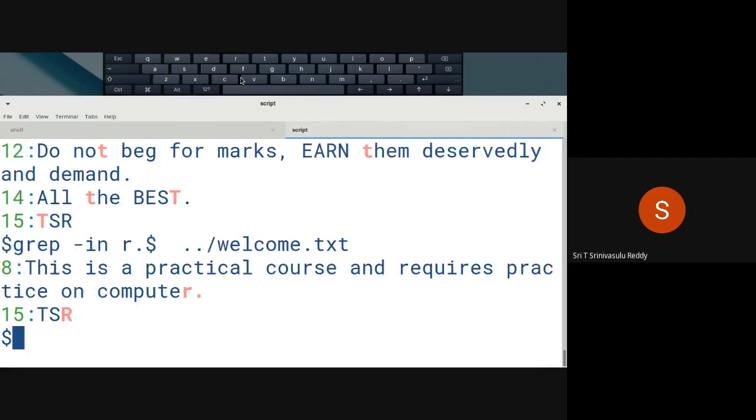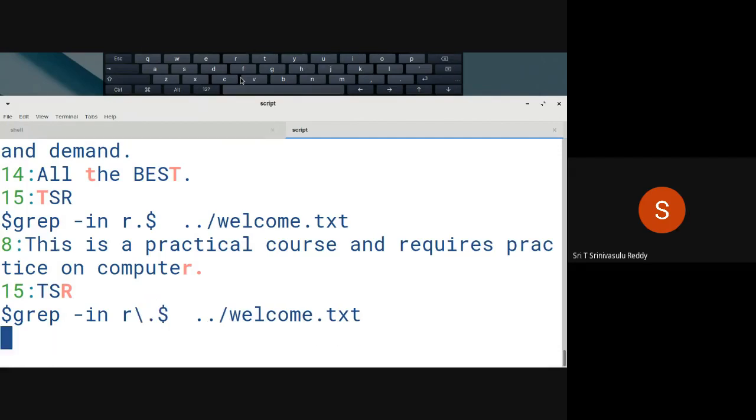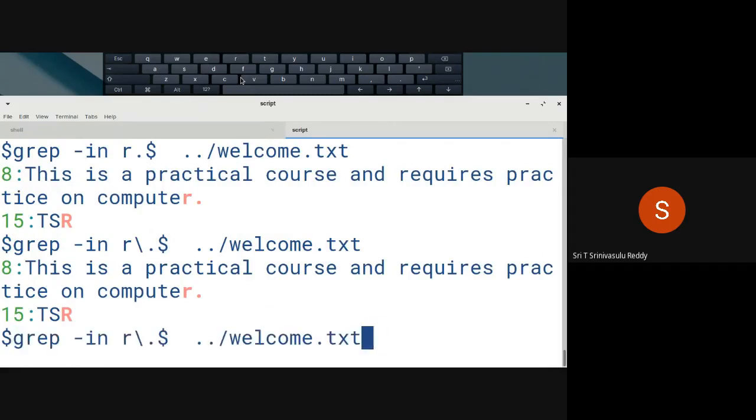So when you give like this, how many do you get? You have got two lines. But TSR dot is not there as a part of it. Dot as it is you want. In which case, dot stands for actually any character. There is another special meaning of that particular thing. So that's why you will have to specify here dot as a character. Even now you are going to get it. I know that. But you pay attention here.